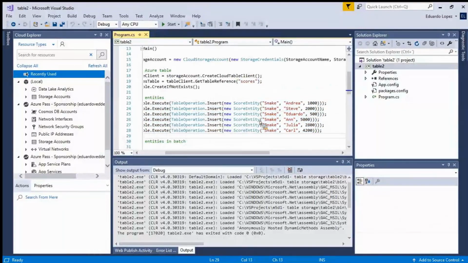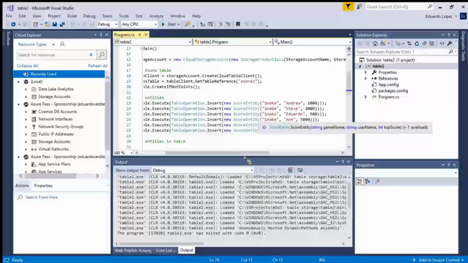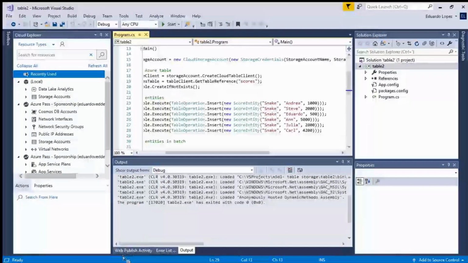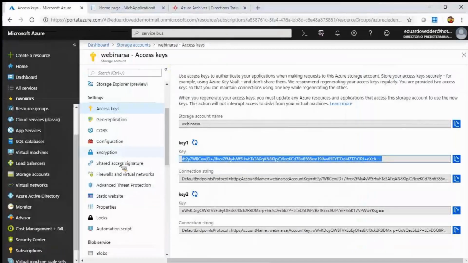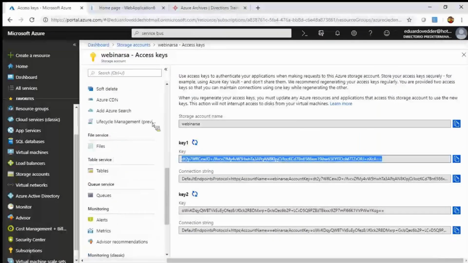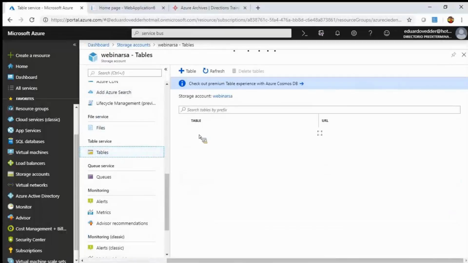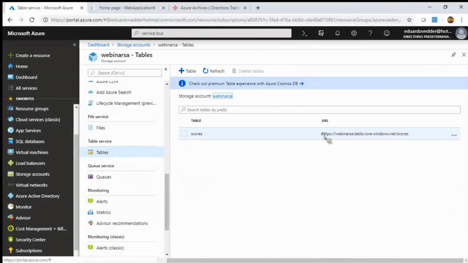As I use this for inserting, you can update, delete, or modify. So now we can take a look at the content of this table storage. If I scroll down, I can see under the tables the new table here, and I can see the URL. Remember that we are receiving an endpoint